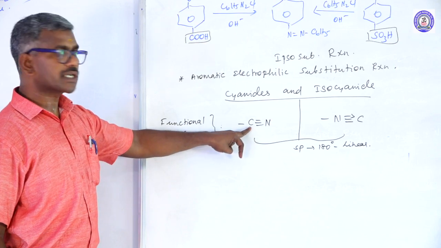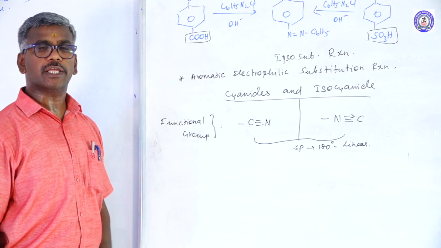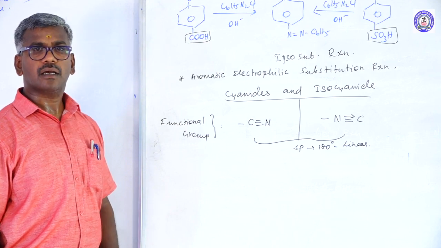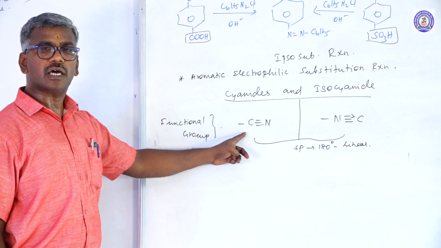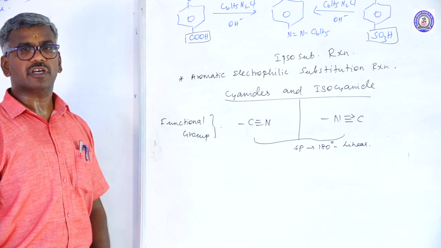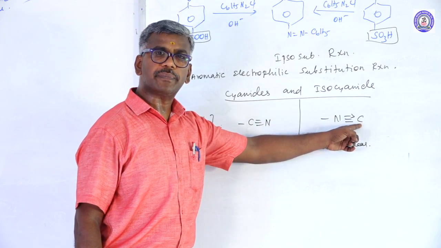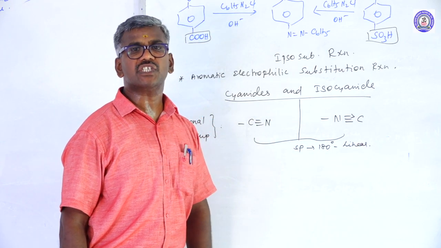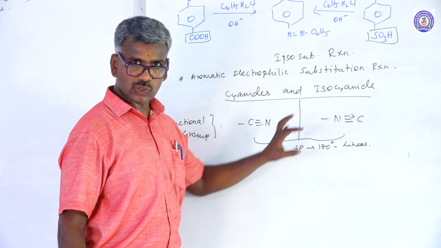What is the major importance of cyanide? Cyanide is an important intermediate in the preparation of organic compounds like acids, esters, amines, alcohols. This compound is also used in the manufacture of rubber. Methyl cyanide is used as a solvent in the perfumery industry. Methyl isocyanide is used in the preparation of methyl isocyanate. This was responsible for the Bhopal tragedy on December 2, 1984. These are the major uses.